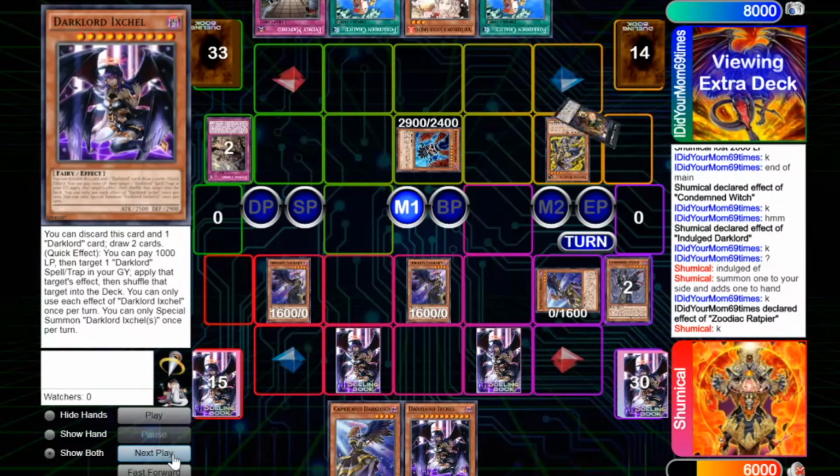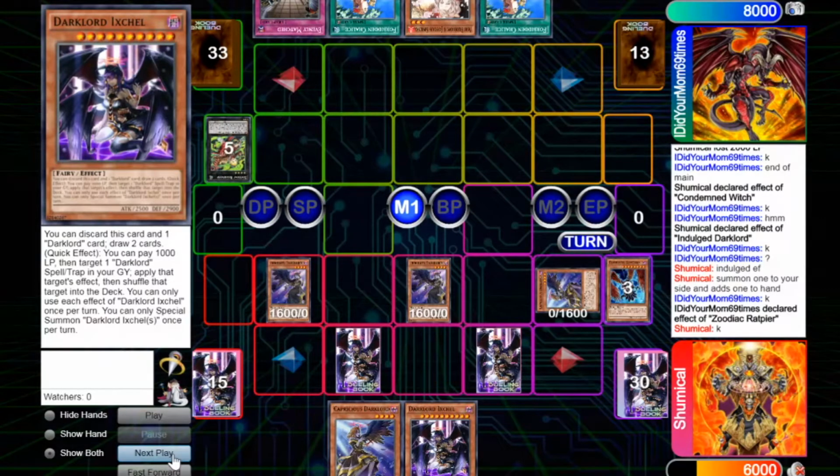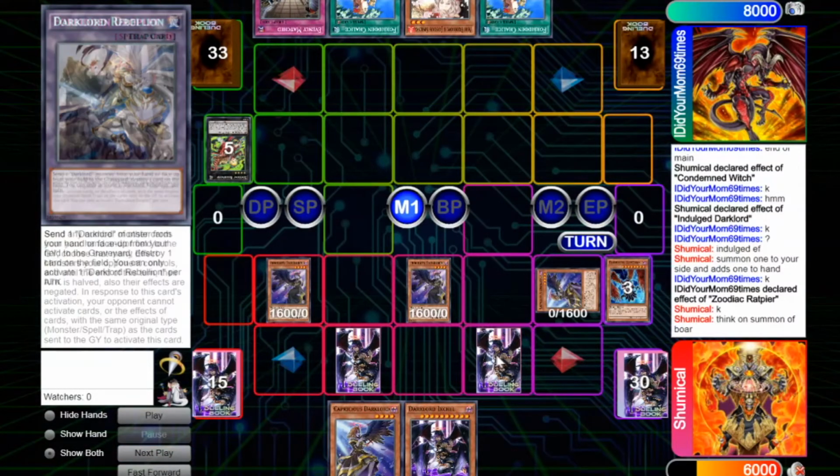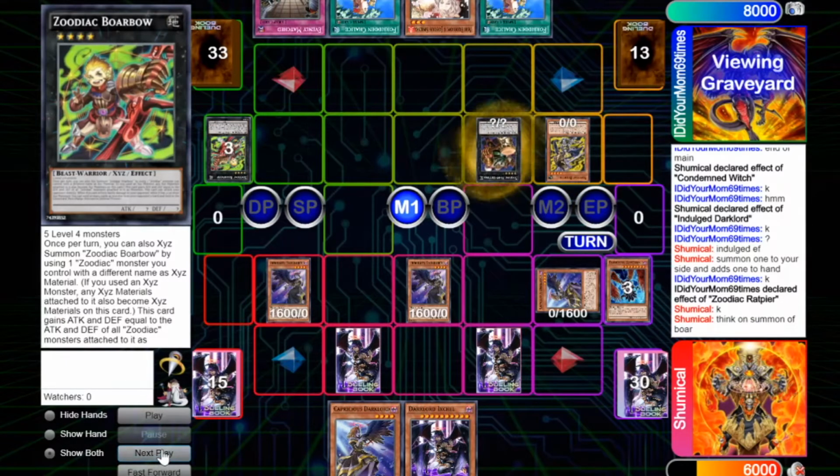Uses Rapier. Goes into Hammer. Goes into Bobo. I'm thinking of summoning Bobo. Now what I want to do is just get rid of it. Because after he summoned Bobo, I was thinking, okay, he's probably going to go into...